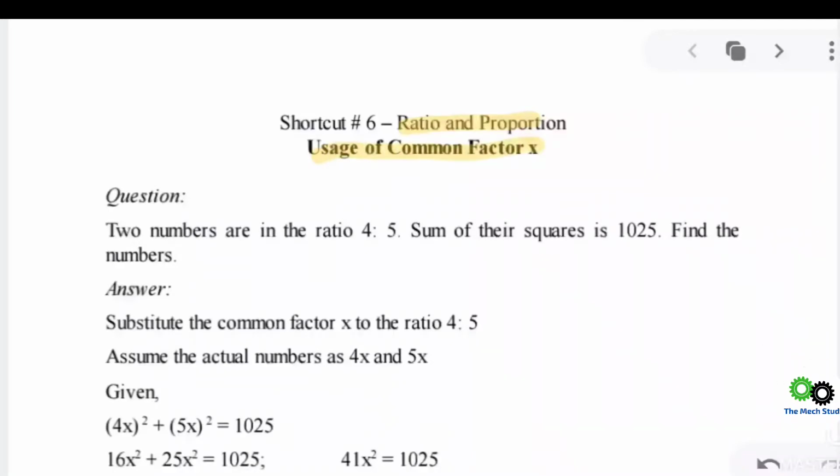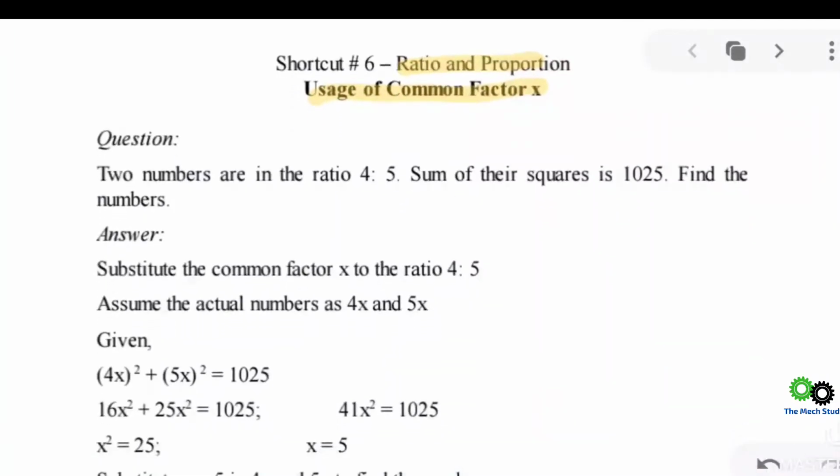Going ahead with the question: two numbers are in the ratio of 4:5 and the sum of their squares is 1025. Find those numbers. These types of questions are very quick to solve. You need to solve within 15 to 20 seconds. So how do you solve that? I'll go with both methods, the conventional as well as the shortcut. Whichever you like, go with that, but make sure you minimize your calculation time